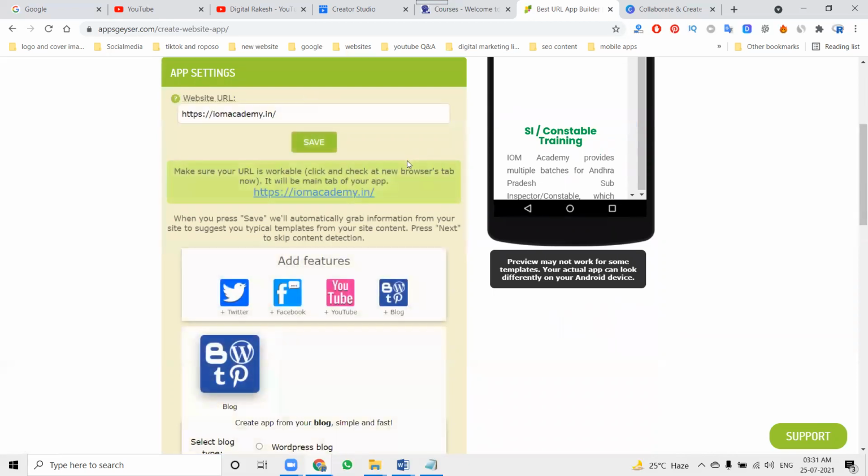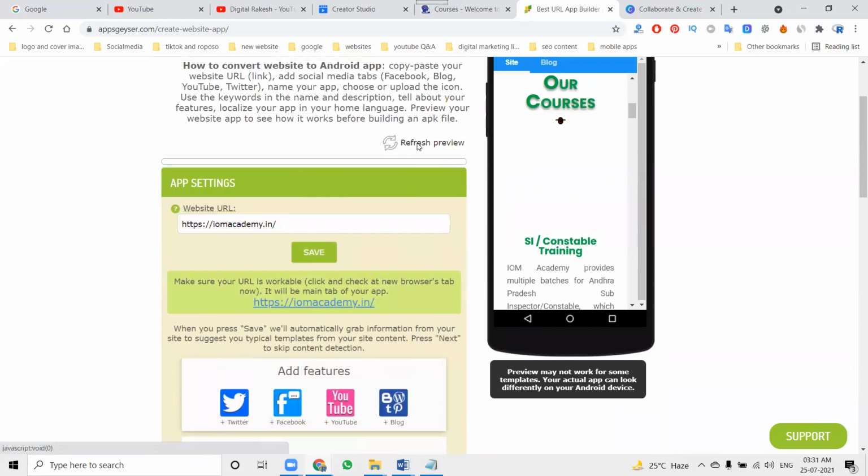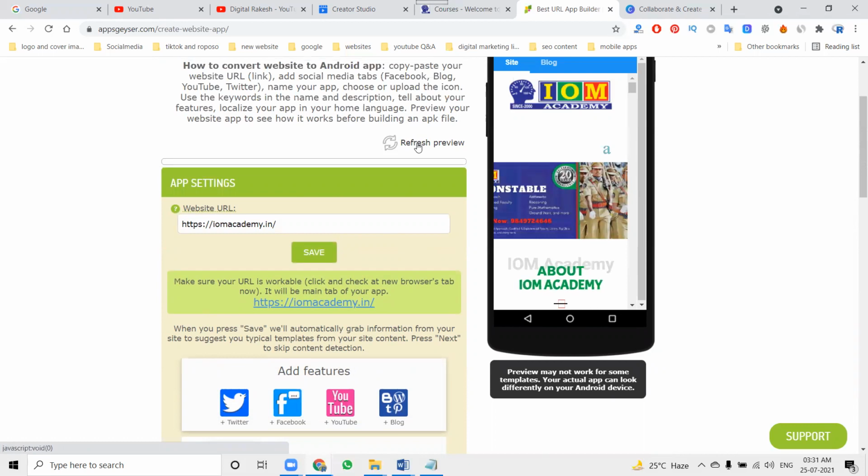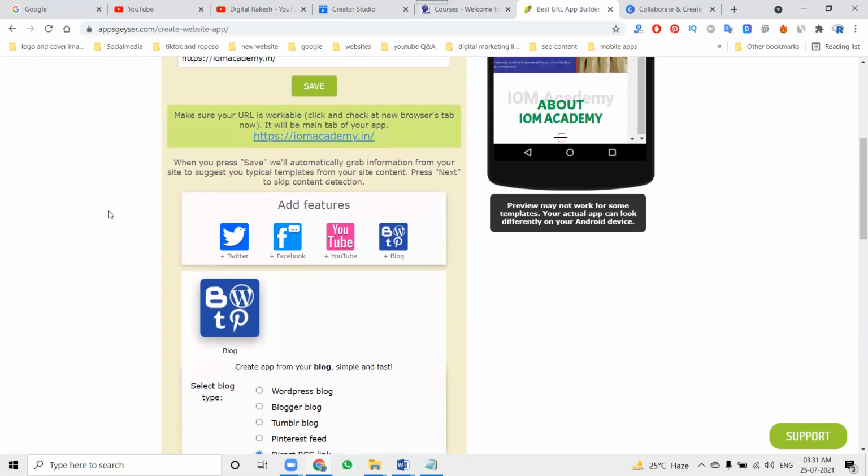The option to upload the APK file to the Google Play Store is also available, meaning you can upload it to a Google Play Store account. It's not free, you have to purchase an account and upload the APK file.